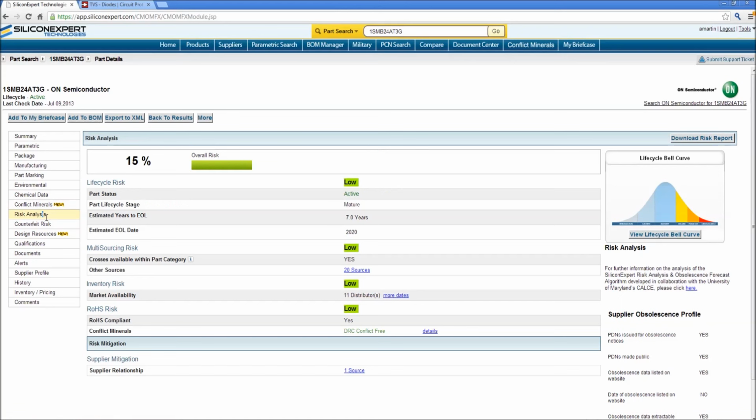Our risk analysis is based on an algorithm that we've created with the University of Maryland's CALS department and Dr. Peter Sanborn. We're basing this 15% overall risk on 4 factors: life cycle, including the years to end of life that we're estimating, multi-sourcing risk, inventory risk, and whether the part is ROHS compliant. We also show whether there are any suppliers who have an aftermarket relationship with this supplier, for instance, in this case, Rochester Electronics. You can download the risk report by coming up here, and again, all of our reports are